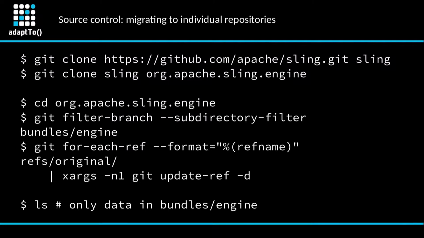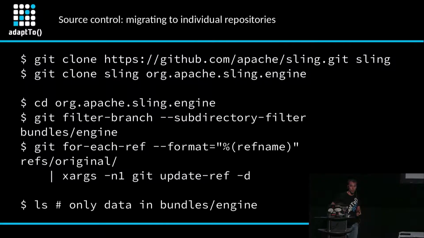Sometimes it happens that you need to take a big repository and split it into a small one. Now, I've had the experience of working with Git, and it was an absolute pleasure to work with a giant Git repository with a couple of hundred bundles. And in case you're not yet painfully familiar with this, if you want to push a Git change, your local changes need to be at the same level with the remote changes, which is, yeah, okay, sort of a